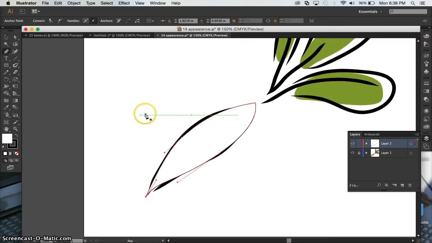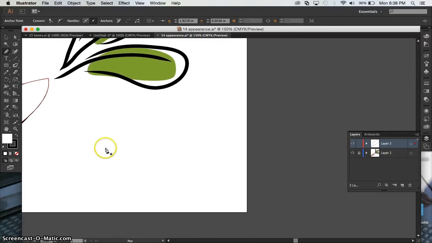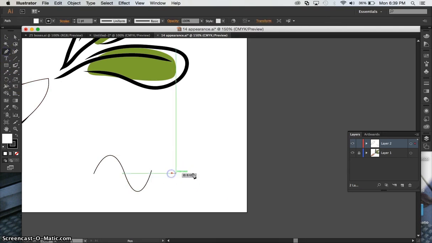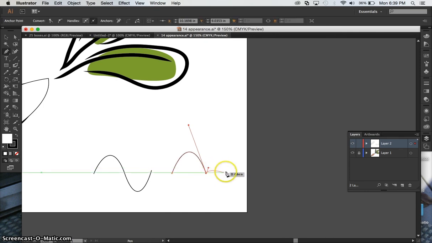To show another example of what I'm talking about by holding Alt on the keyboard, try to create an M. So if I click and let go, and I click on the same line and drag up, and then I go to click on the same line, you can see it's going in the complete wrong direction. But if I grab my pen tool, click and let go, click drag, but then hold Alt and say, hey, pen tool, I'm going to go in an upward direction. And then I let go. When I go to do the next one, I can create the second hump of the M. So again, play around with the pen